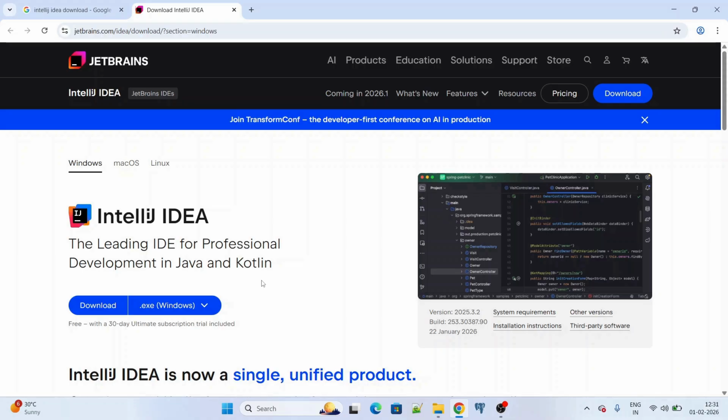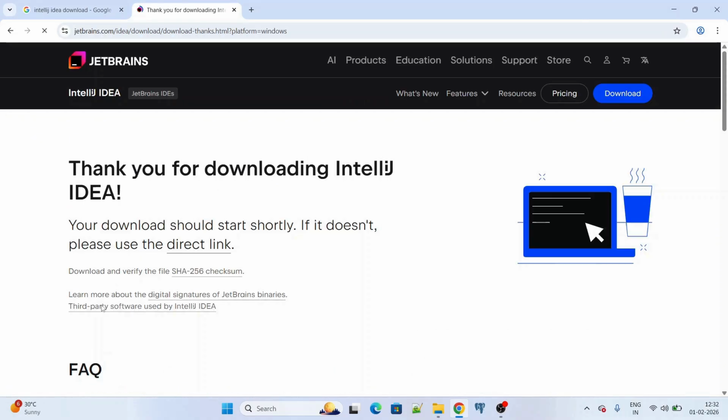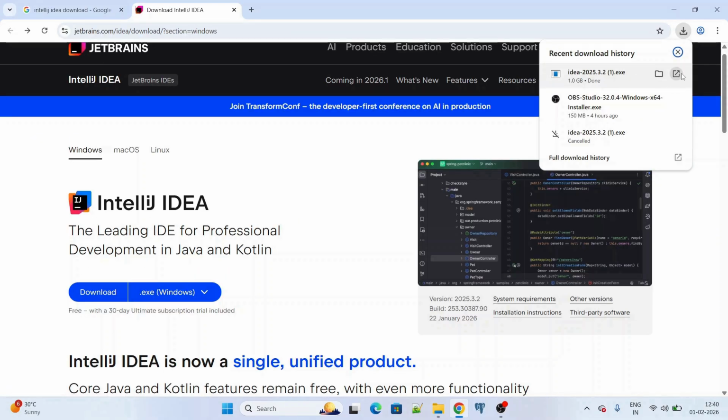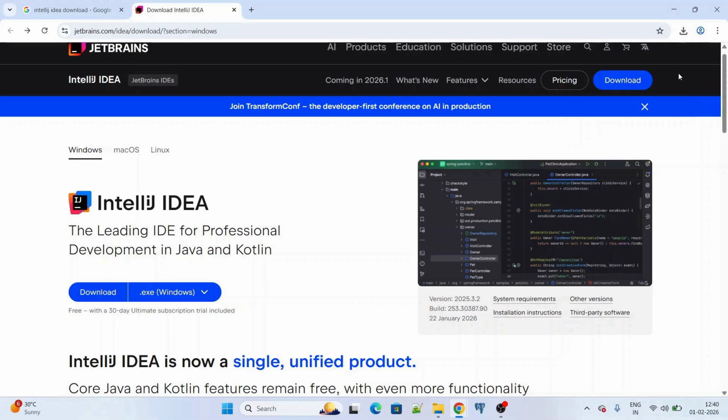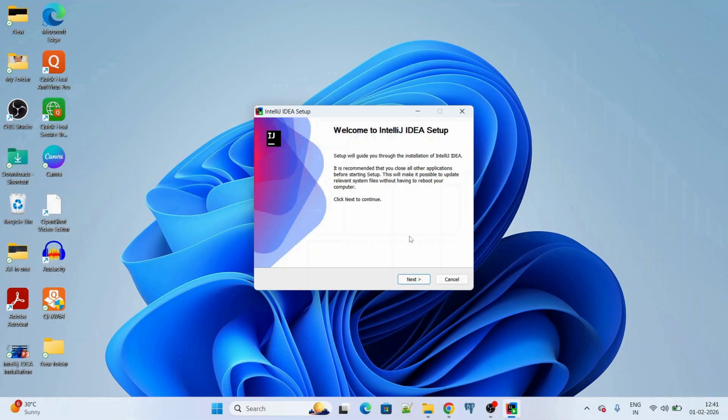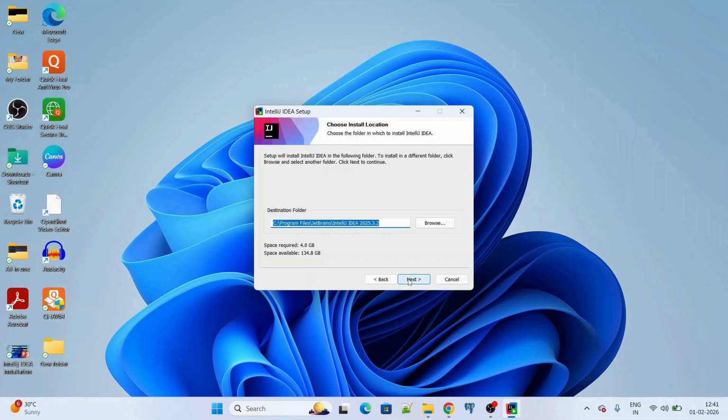So since I am using Windows, I will download the Windows installer. So click on download. Now once the download is completed, just open it. Now you can see here the IntelliJ IDEA setup page. Click on next. Now you can see the destination folder, and by default the directory to install IntelliJ IDEA is C